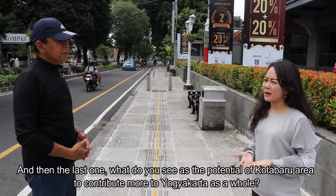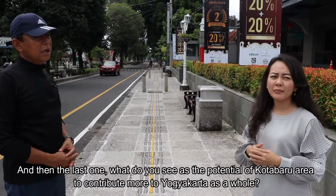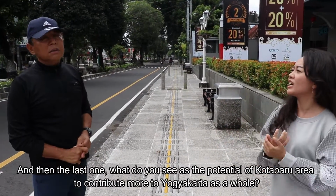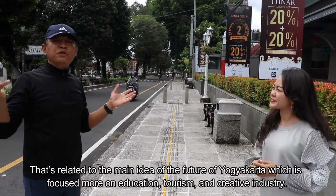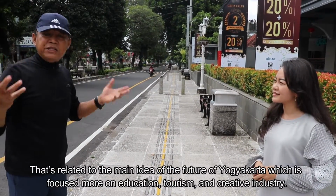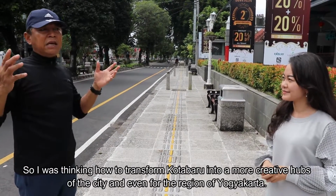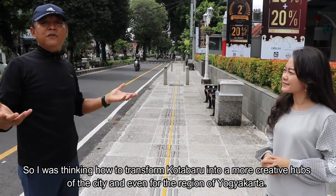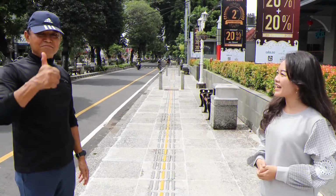And then the last one, Pak Bobby, what do you see as the potential of this Kotabaru area to contribute more to Yogyakarta as a whole? That's related to the main idea of the future of Yogyakarta, which is focused on innovation, tourism, and creative industry. So I was thinking how to transform this Kotabaru into more creative hubs of the city and even the region. Okay, thank you, Pak Bobby. Let's continue our